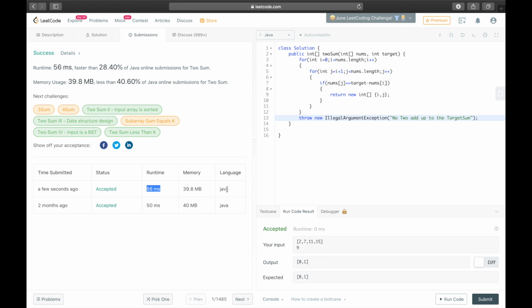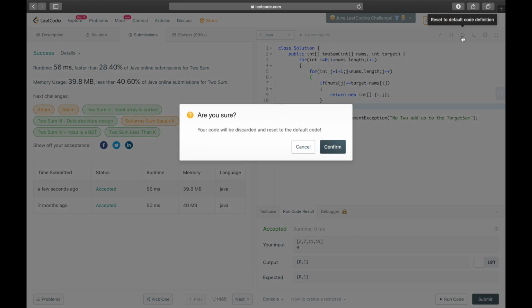Now we will discuss the second approach to solving this question, which uses hash map. So I'll just reset the code to default.